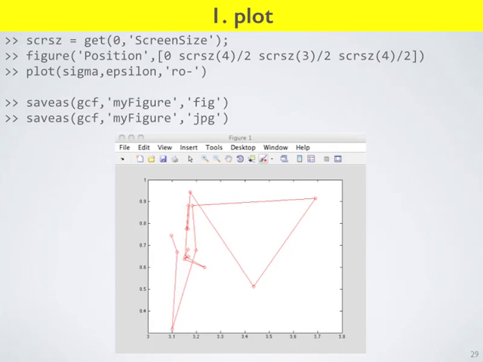If you were to generate this plot using a script, the way you save it is to use the saveas command: get current figure, the name of your figure, and the suffix. It's going to save it as myfigure.fig, and then as myfigure.jpg. The .fig is the internal MATLAB figure file type, so you can open it up and you'll get exactly the thing that appears on your screen right now. JPEG is obviously a JPEG, so that's something you can then drag and drop into a report or a presentation or something. That will save those things in your current working directory. Does everyone manage to save their figure?